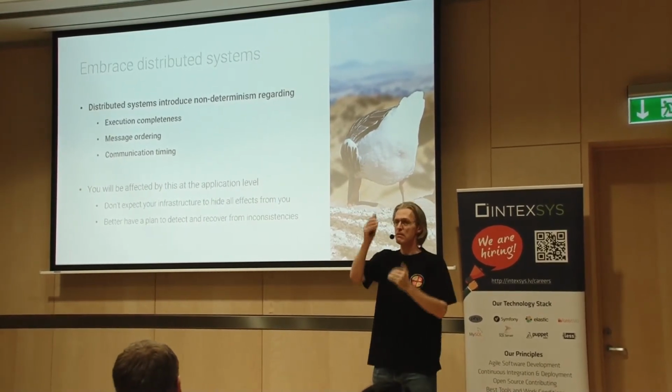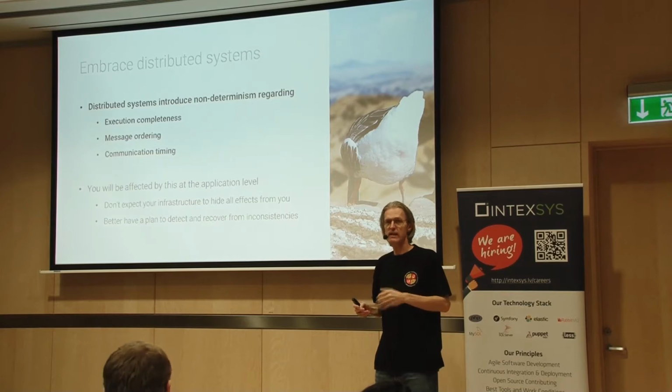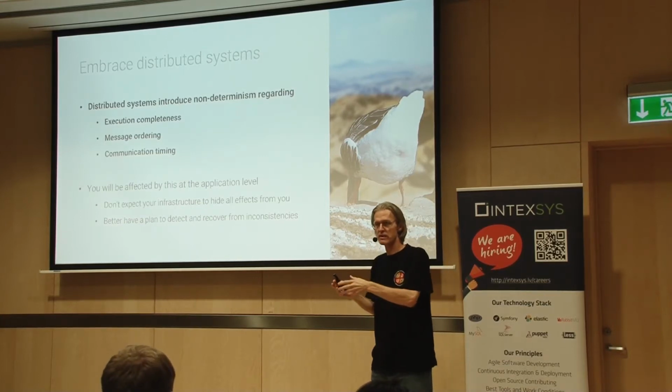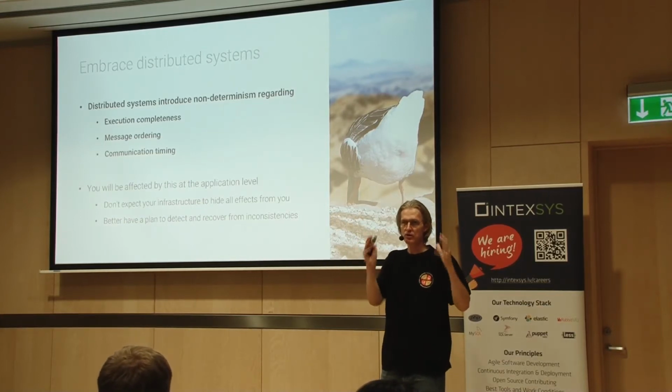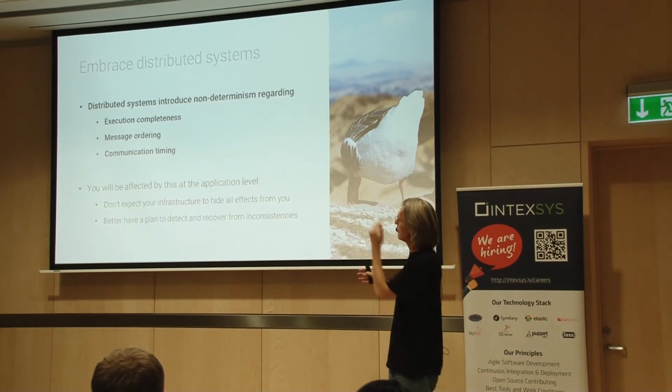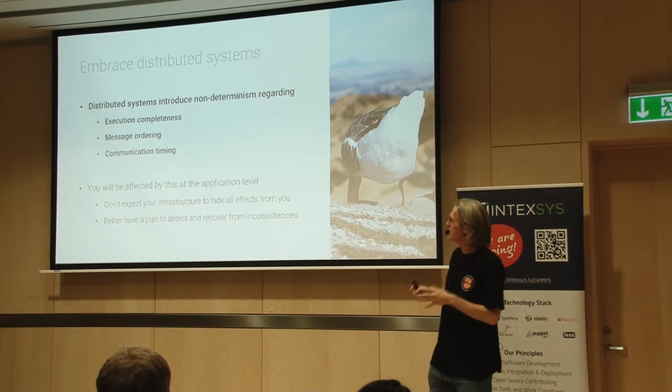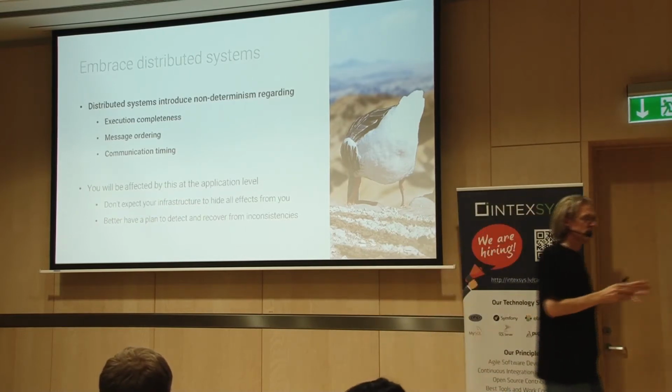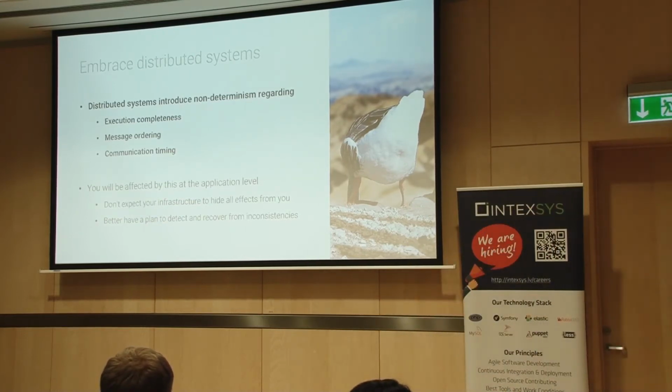So did A happen before B? Can you really decide? Which is easy inside a process and which is a real huge issue across system boundaries, process boundaries, on communication timing, latency? So the takeaway, if you talk and reason about distributed systems, is you will be affected by these things on the